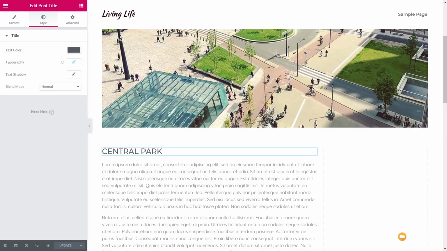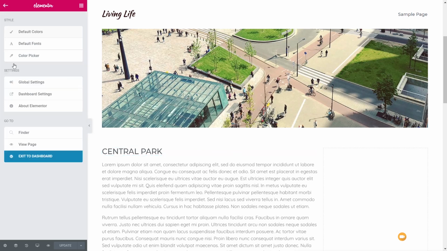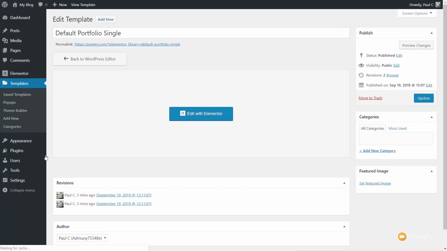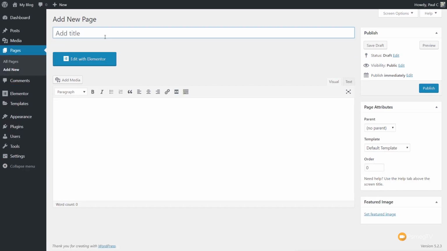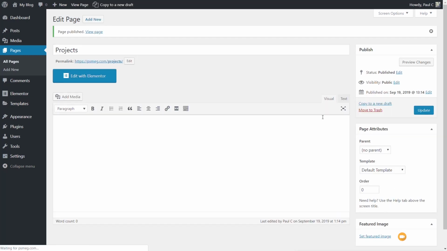So what we're going to do, come back into our dashboard. We finished with this template. We're going to come back out of this, exit to the dashboard again. We're going to come in now, and we're going to create a new page. So we'll add a new page. We're going to call this project, and we're going to publish that,